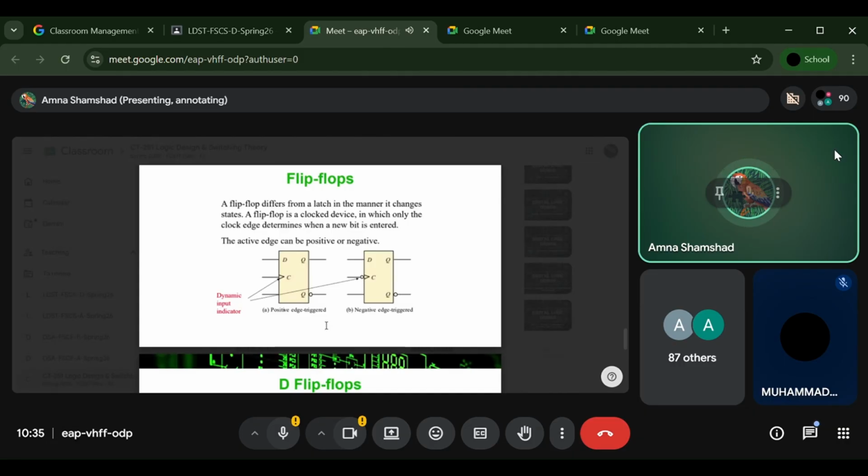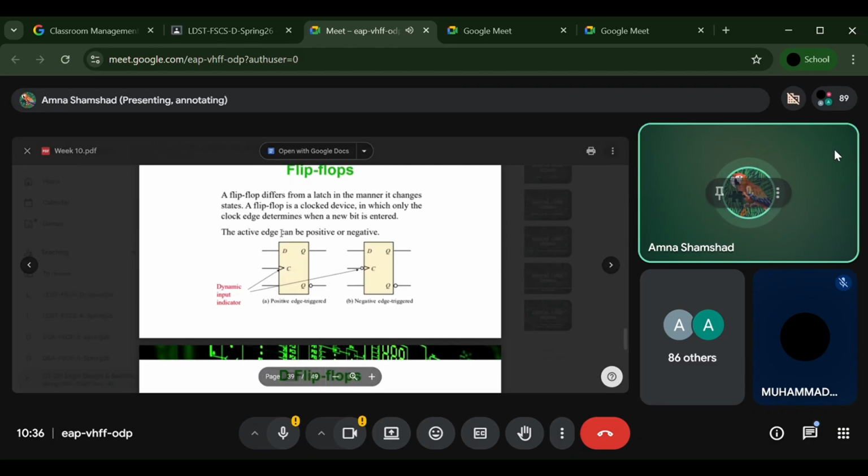Okay, but we can also use this D flop with negative edge triggering. For negative edge triggering, what will be the change in the graphical symbol? We will show only a bubble before the clock signal, which shows its negative edge triggering. Is this clear? The first one that we discussed in the class was positive edge triggered. But if I use a bubble before the clock signal, then this becomes a negative edge triggered flip flop. Clear? Clear to all of you?